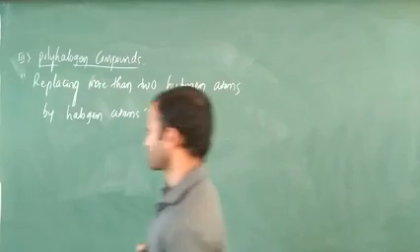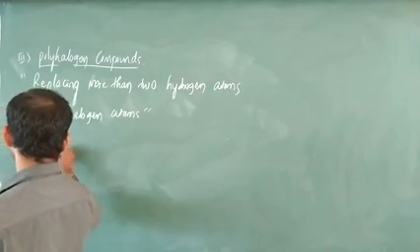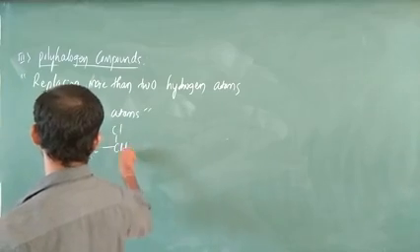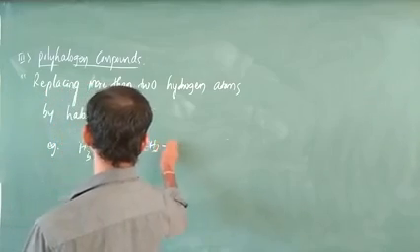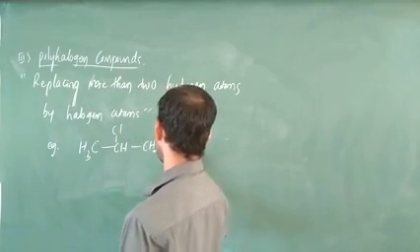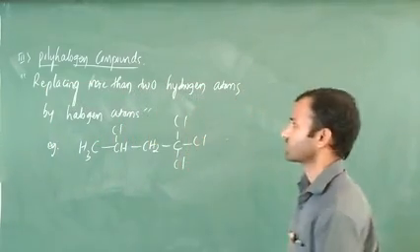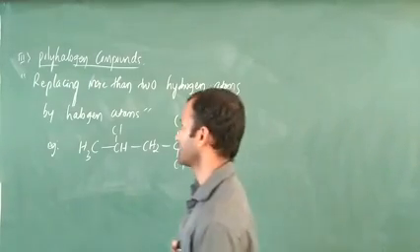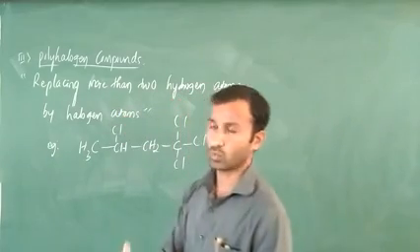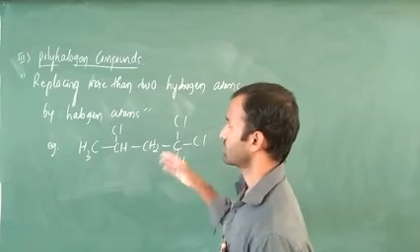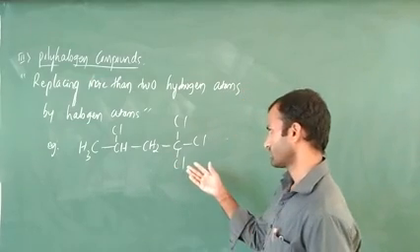Example for polyhalogen compounds, you have to take CH3 as it is, next one is CH, here one Cl is there, next in this case CH2, this Cl is going to get like this, otherwise you have to write here one Cl, no problem. Okay, this is the polyhalogen compound. Poly means many, that is why in this case replacing more than 2 hydrogen atoms by halogen atoms. Okay, this is the example of a polyhalogen compound.